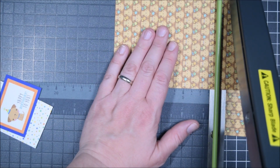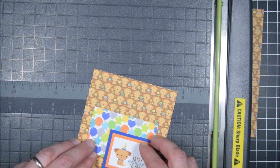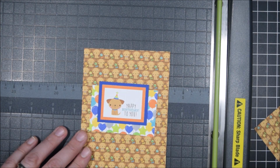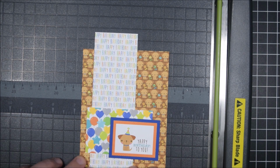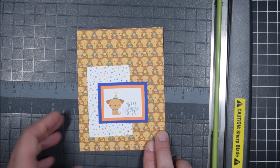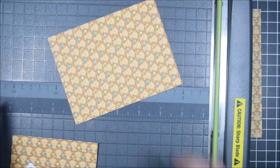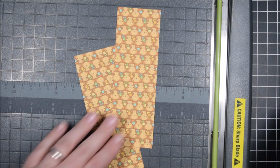When I'm working with a 6x6 pattern paper pad, something that I like to do is cut them to a common size that is just under a card base size. So all of my cards today are A2. I don't always do all A2, but mostly A2. You take an 8.5 by 11 sheet of paper and cut it in half, then fold each of those halves in half, and you'll be working with a card front that is 5.5 by 4.25. And so then I cut my paper to 4 by 5.25, and it leaves you with a 2